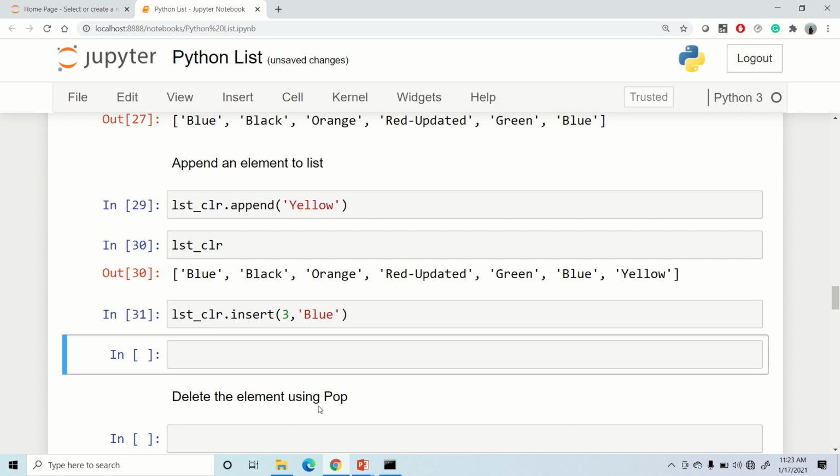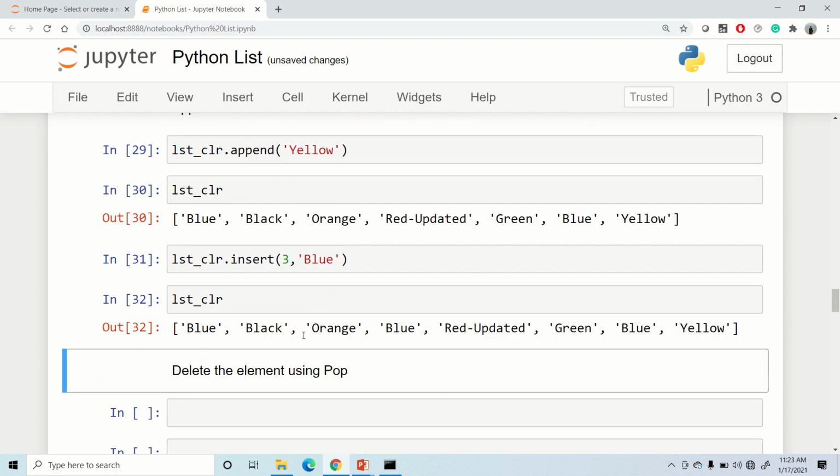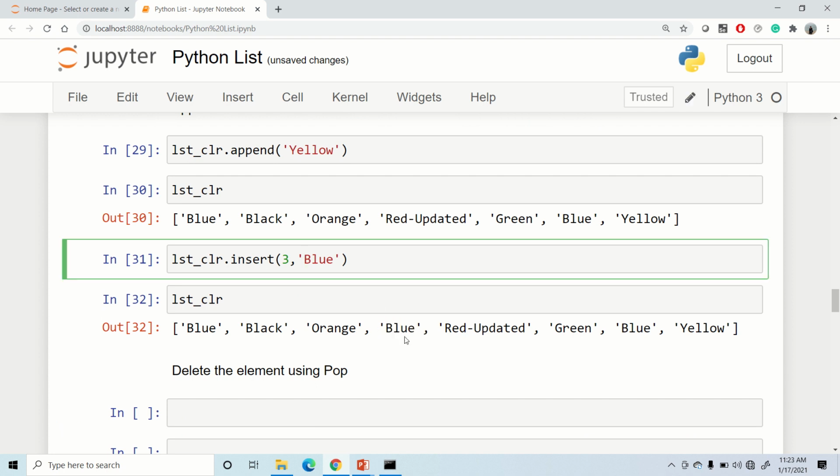Let me print the list again to see whether this blue is inserted at index number 3. We can see 0, 1, 2 and 3, and at index number 3, this blue is inserted again.